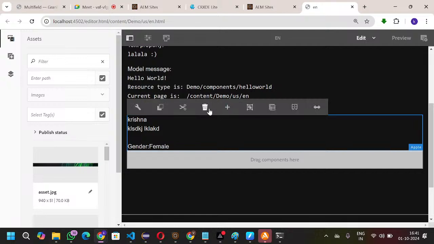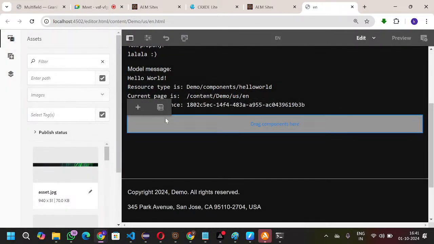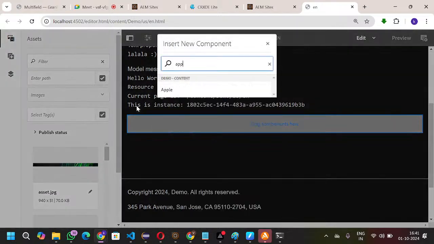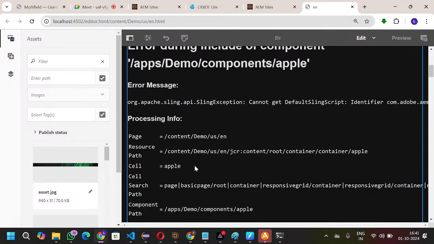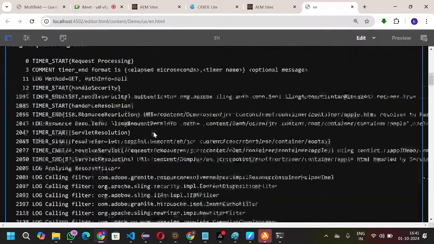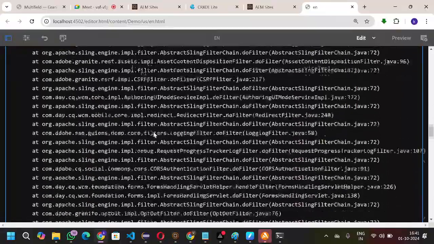I am deleting this Apple component and again dragging the Apple component. If I click on the Apple component, what am I getting? I am getting an error, right? What kind of error am I getting? If you go down,